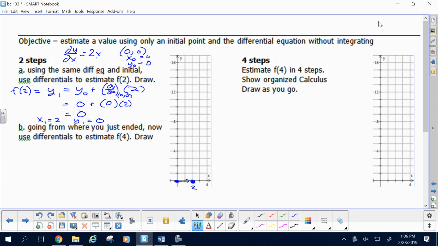All right, so f of 4 is going to be our y2, our second differential estimate. Now, y2 is the previous y plus the rate of change at the point 2, 0, now the new point, times another delta x of 2. The previous y we left off at was still 0, but now we expect a slope of not 0 anymore,